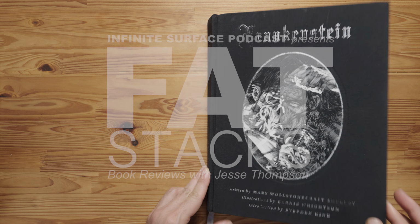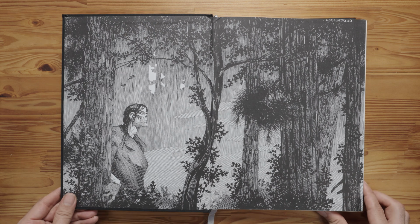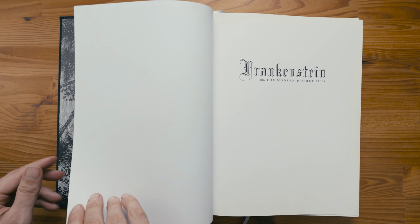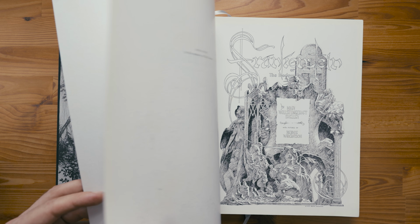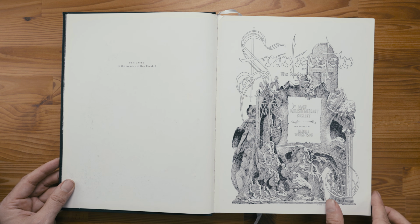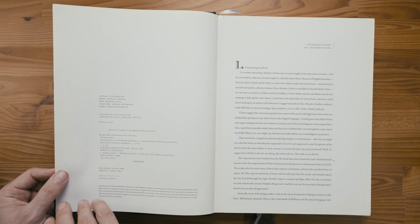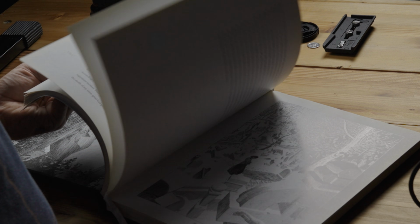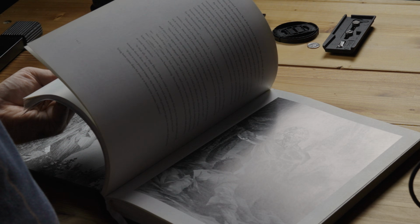It doesn't take long to see how well this edition features Wrightson's work. It's here on the end sheets as soon as you open the book, and you quickly see another illustration across from the dedication to Roy Krenkel, who, you'll remember, wrote the introduction to the Franklin Booth book called Painter with a Pen, which I reviewed in my last video. This book was originally published in 1983 by Marvel Comics,